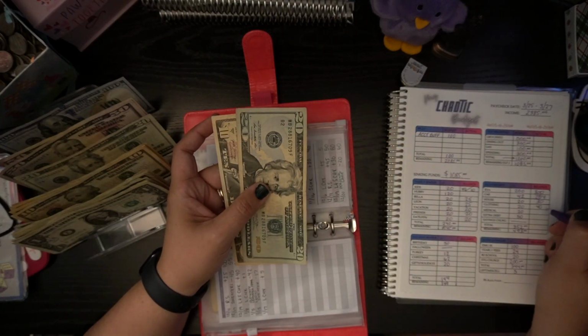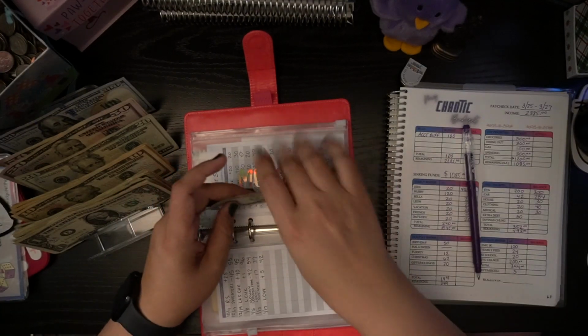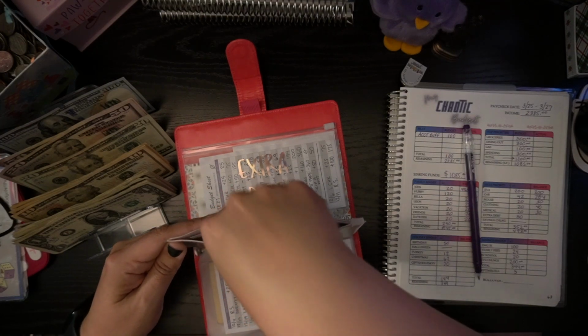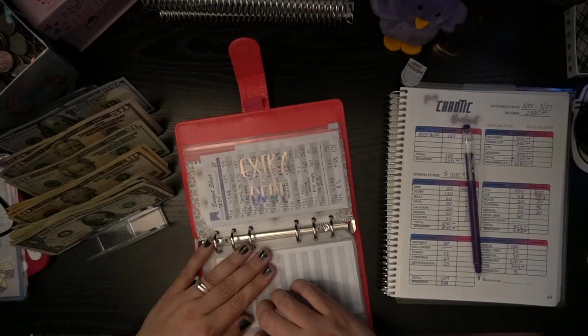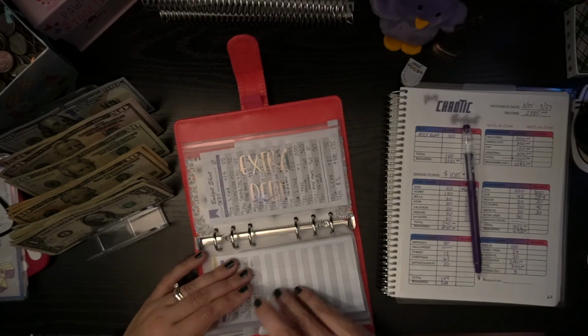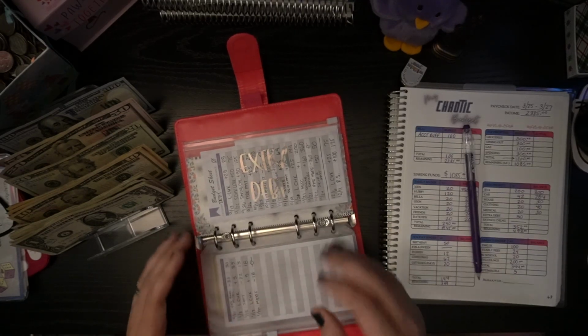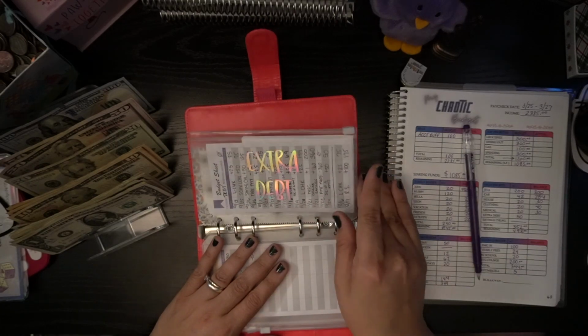All right, so medical got 20, so now it has a total of $30, which I did not have to use any of our money except to buy my medication. So I'm gonna have to ask them how they're gonna reimburse me for that, because I had to get some painkillers because it was a pretty nasty fall. Okay, extra debt is getting